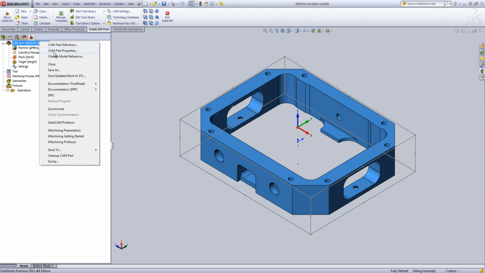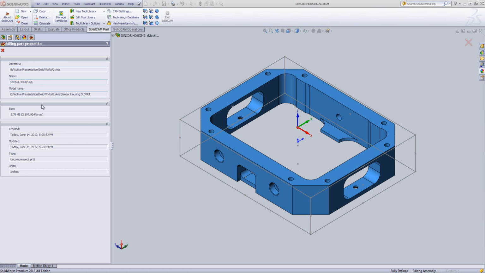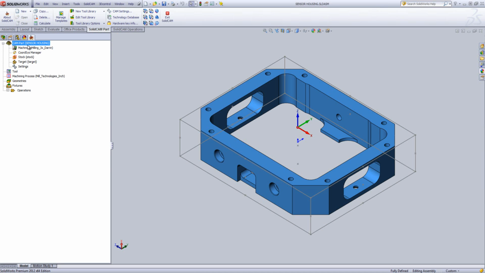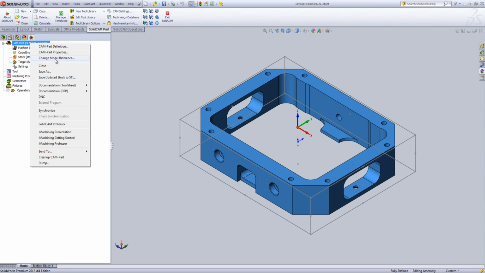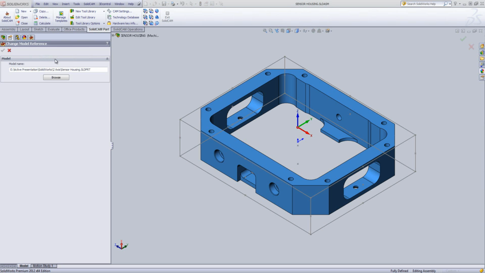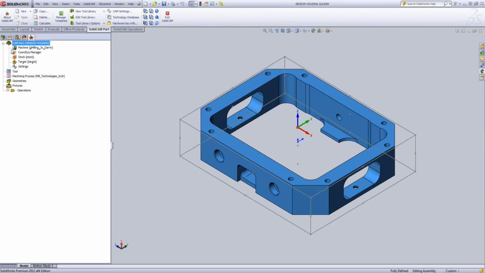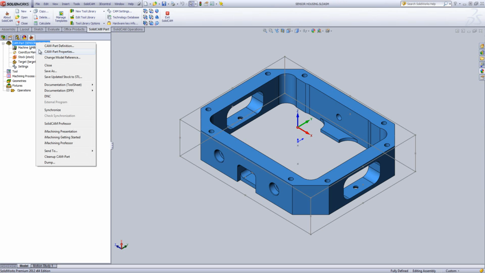The CAM part properties shows the information about the project, like file location, size, date of creation, etc. Change model reference can be used to import all your toolpaths from one project into a new CAM project. The best way to achieve this is to do a save as on the current CAM project as a new CAM project name. Then do a change model file reference and select the new SOLIDWORKS model you want to import